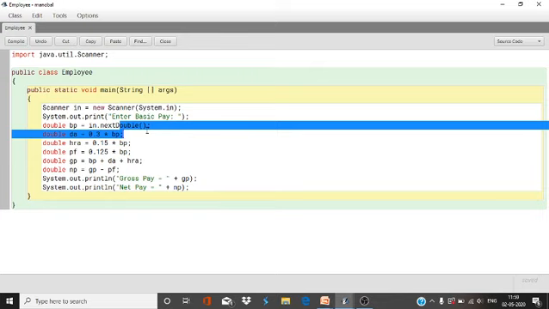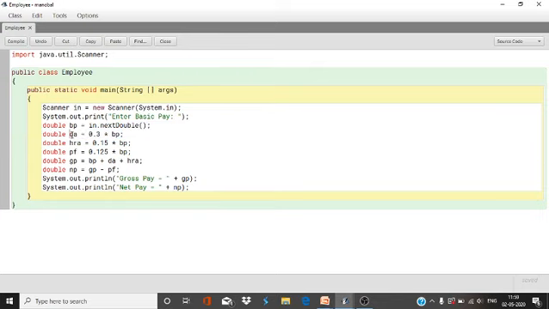Basic pay I have accepted, and DA is 30%, so 0.3 into basic pay, HRA 15%, so 0.15 into basic pay, PF 12.5%, so 0.125 into basic pay, and gross pay equals BP plus DA plus HRA, and net pay equals GP minus PF.